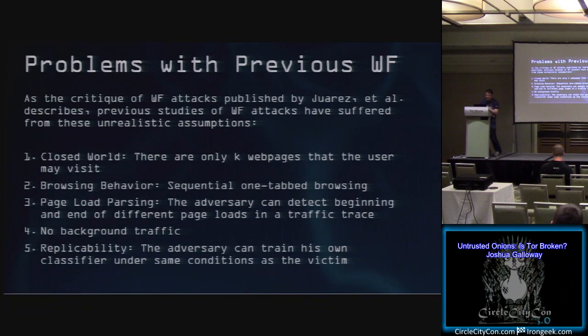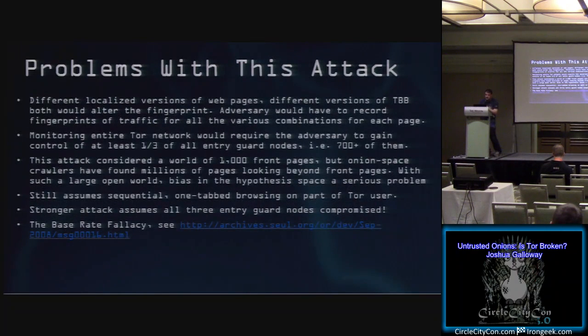Actually, the next slide has some of what I already said. All right. So for every Tor user, there are randomly selected 3 entry guard nodes, and a third of their traffic goes through each one. So to get at least some traffic from every Tor user, or at least close to it, you'd need to compromise a third of all entry guard nodes, which is over 700 onion routers. So it is difficult to target this attack.